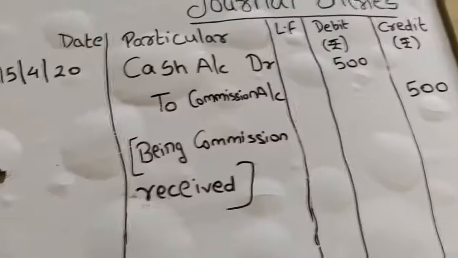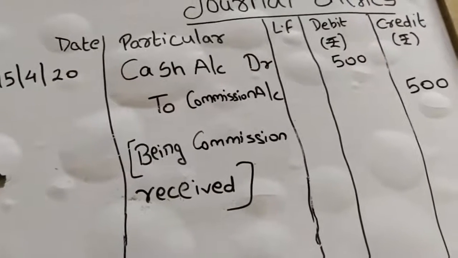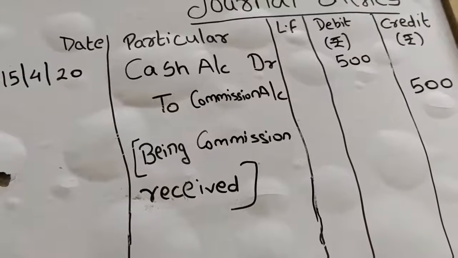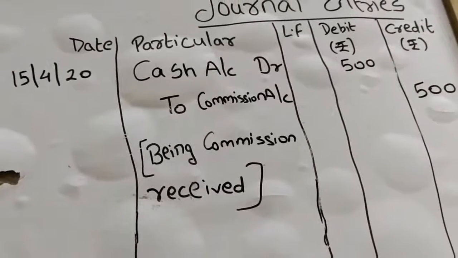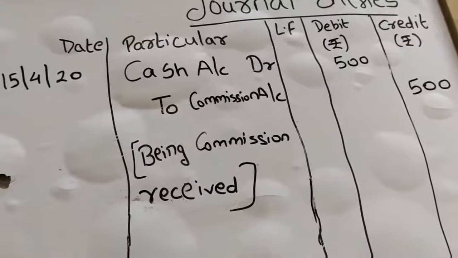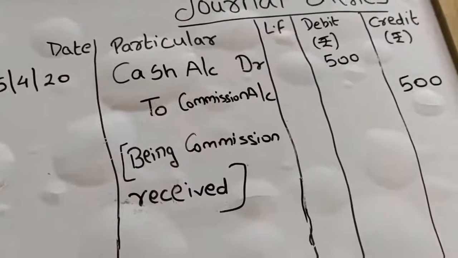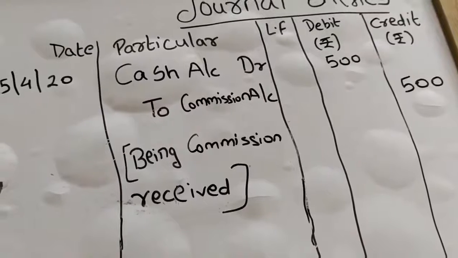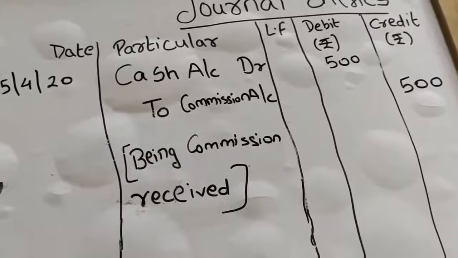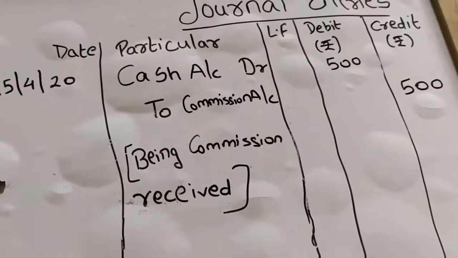So what has come in? Cash has come in. Now since cash has come in, we have to debit cash. And the next rule was debit all expenses and losses and credit all incomes and gains. So कोई भी इनकम होती है तो हमें उसे क्या करना होता है? क्रेडिट करना होता है. तो कमीशन रिसीव हुई है मतलब वो हमारा इनकम हुआ. अगर वो हमारा इनकम है तो हमें उसे क्या करना पड़ेगा?